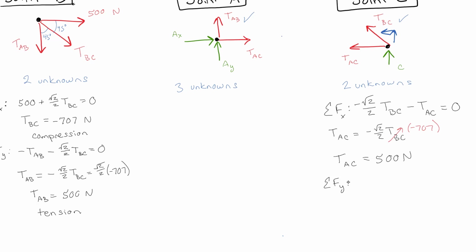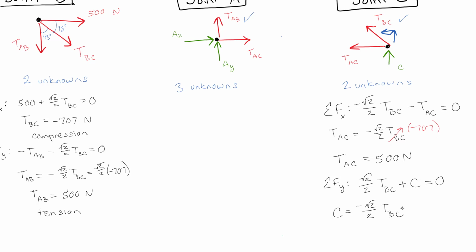Really, this is an organizational problem. Once you get it set up, it's just doing the math right. Shockingly, if you can just do the math right, you'll be fine. So as I was trying to say before, clearly TBC is pointing up in the up direction, so that's positive, and C is also pointing in the up direction. So that means C is equal to negative root 2 over 2